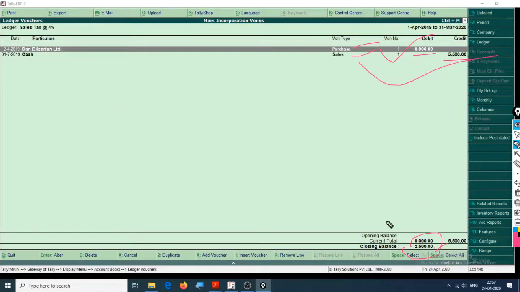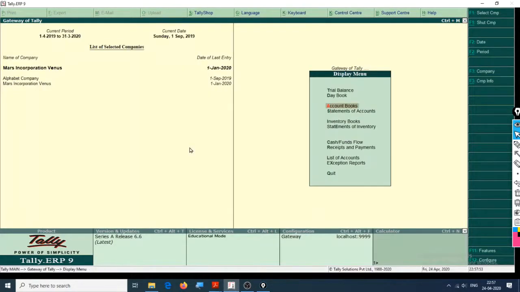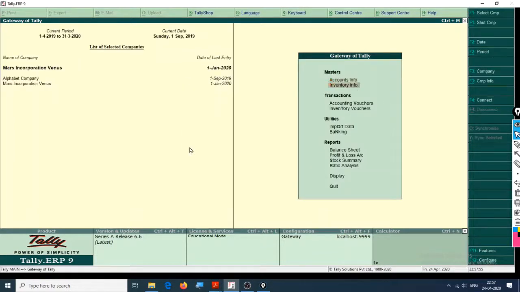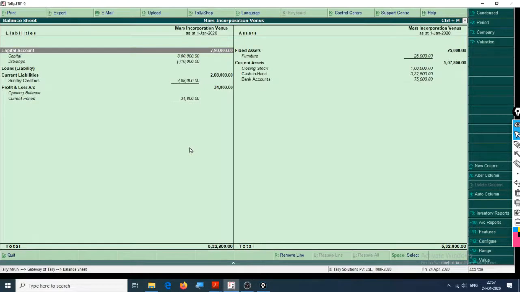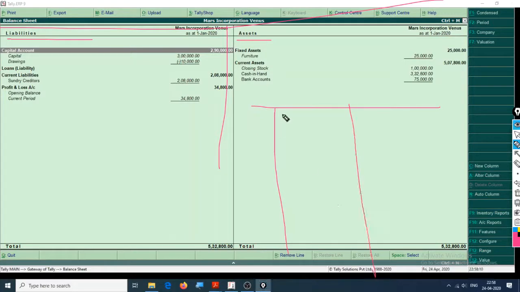Also, one thing that I want to show you in the balance sheet, we have done the sales tax computation analysis. Go to balance sheet, you can press B, Alt F1 for detailed balance sheet. Now this is a conventional format of a balance sheet. This is T shape, liabilities and asset. But what if I want a new format, that is liability and asset?